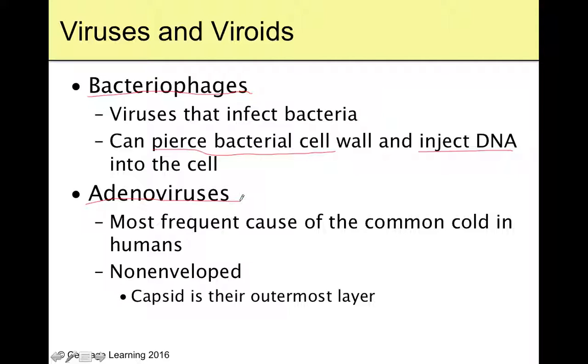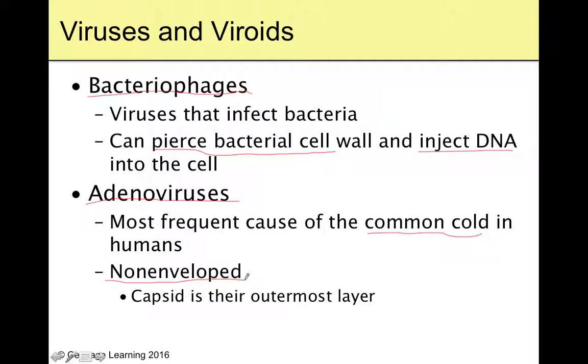There are also another major class of viruses, adenoviruses. These are going to be the most frequent cause of the common cold in humans. And the reason we don't have a vaccination for the common cold or any magic cure for the common cold is because it's caused by many, many, many different types of adenoviruses. And all of their genetic material is different, and all their surface proteins are different. And so when it comes to the common cold, you just kind of grin and bear it because there's not a lot we can do about that. These guys have no envelope. Some viruses have an envelope that is created when they leave their host.